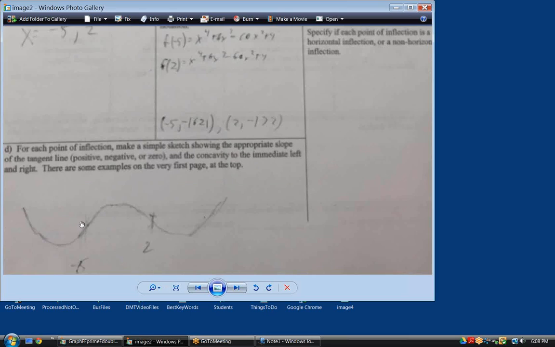And if we look at your chart, that's exactly what it looks like. It looks like we've got concave up to the left of minus 5, concave down in between minus 5 and 2, and concave up to the right of 2. So, yeah, that is correct. And we can't really put an axis on that. We don't know where that's located vertically on an XY plane. Right, because there's a plus C that could be anything, and that would cause it to vertically shift. So all we know is the shape of the curve. And yeah, that looks